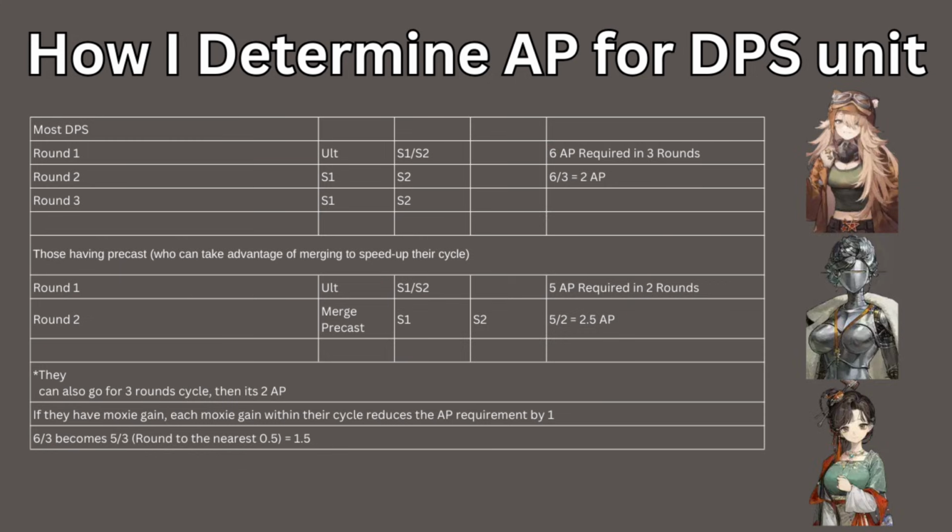So for example, if you are using a DPS unit, usually let's say you have their ultimate, because I'm considering their rotation not from the start, but after you have started up everything in round 3 or round 4, then you are starting to repeat their rotation. So round 1, assuming that they already have their ultimate, then after their ultimate, usually you might want to squeeze in one of their incantations, S1 or S2. Then after that, in round 2, you will be using their incantations S1 and S2 again,